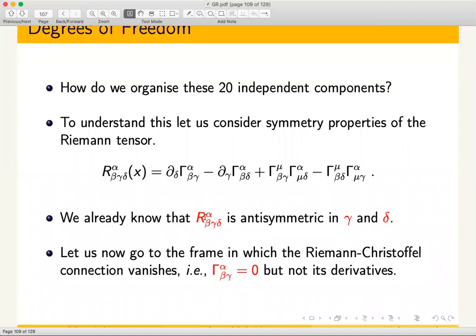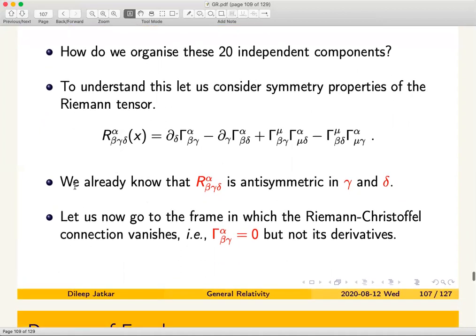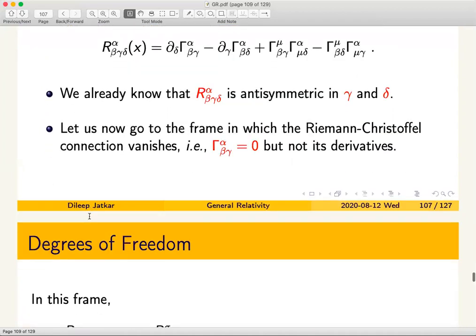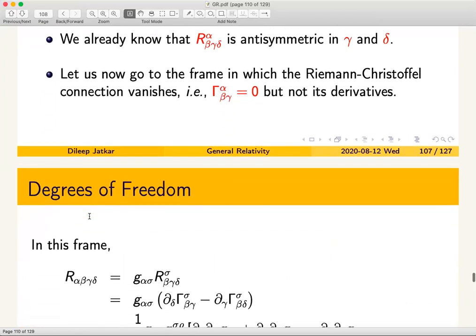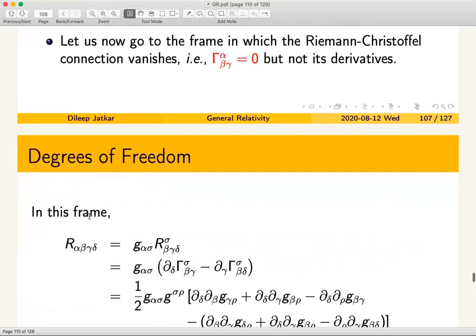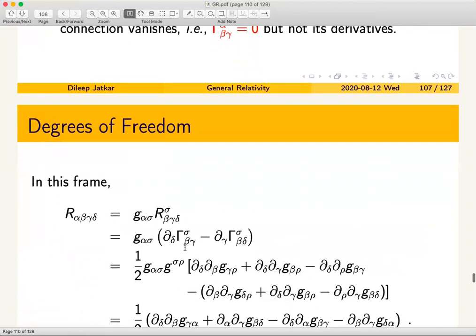The point is that if gamma was 0 and its derivative was 0, then the Riemann tensor would have just vanished. That would correspond to a type of space that can be brought into a flat space form. You have to find the correct coordinate transformation, but you can bring it into a flat Minkowski space form. So if you do that, then you can write down the Riemann tensor purely in terms of derivatives of gamma.